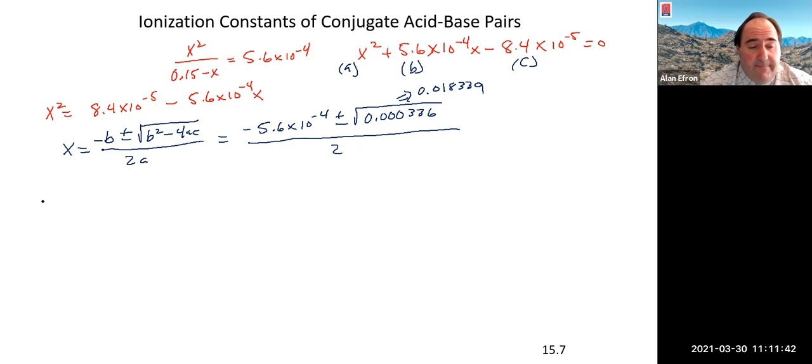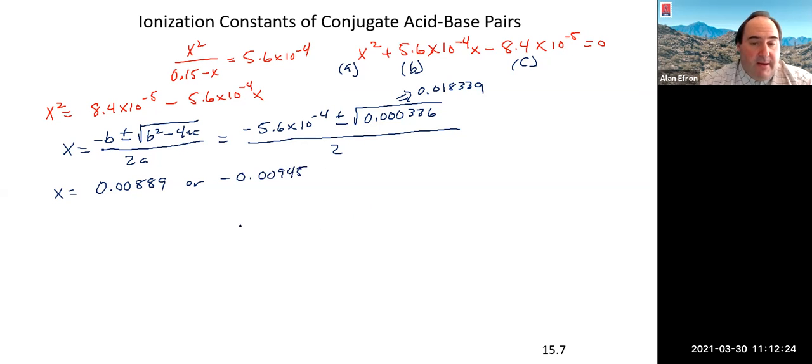So we'll do the plus part first. That's going to be minus 5.6 times 10 to the minus 4 plus 0.018339 divided by 2, which gets us an x value of 0.00889. Now we go with our subtract there, and actually, let me punch it in right, 0.018339, and divided by 2 gets us a negative